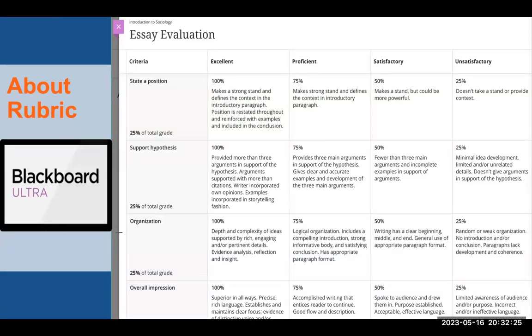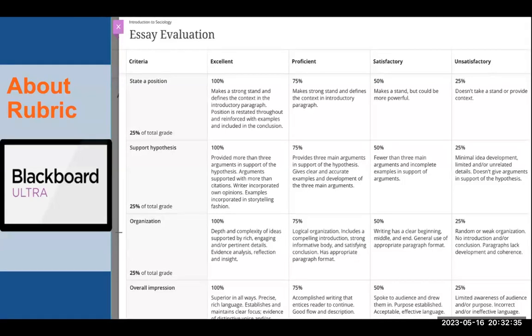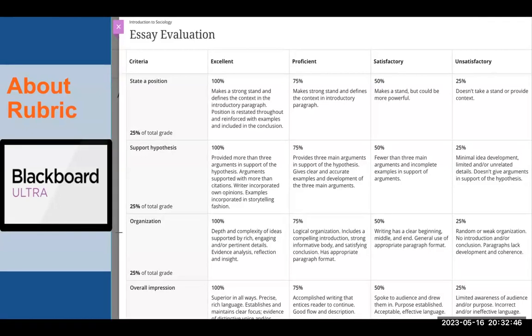There are multiple rows and columns available. The rows correspond to the criteria. So in the rows, you have to set the criteria, and the columns correspond to the level of achievements that describe each criterion. So in the columns, you write down the criteria, what you're looking for, and the columns will have the levels of achievement,